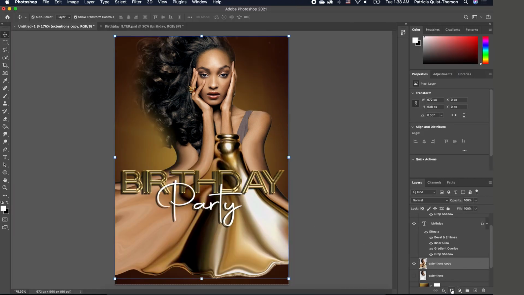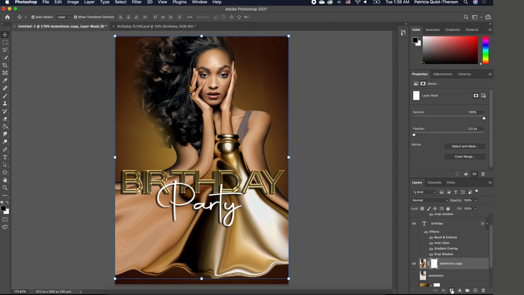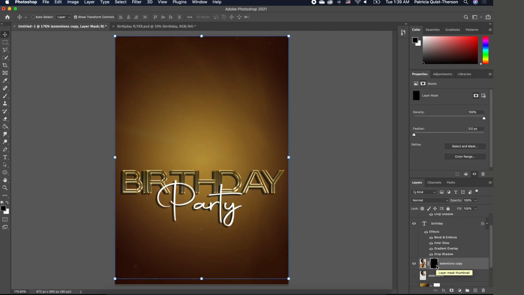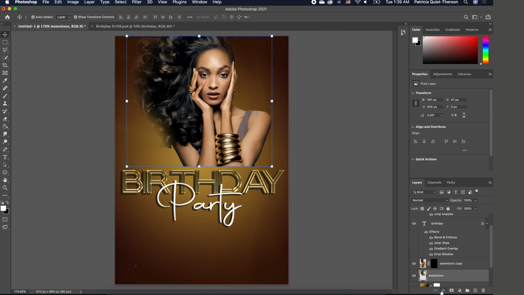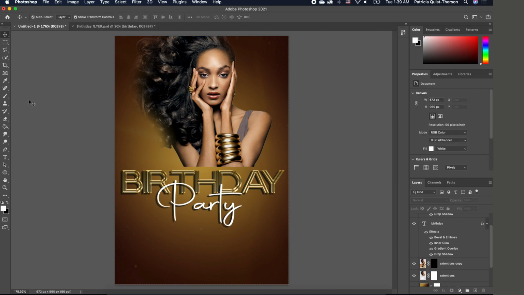Now you want to add a layer mask. Okay, so we're going to add a layer mask and we want to inverse it. So Command I to inverse your layer mask. Now you want to make sure you are on the thumbnail for the layer mask before you do that. Now I'm going to click on my bottom image and I'm going to also add a layer mask. So I'm going to pick up my brush tool, and with my foreground as black, we all know when we're using layer masks,